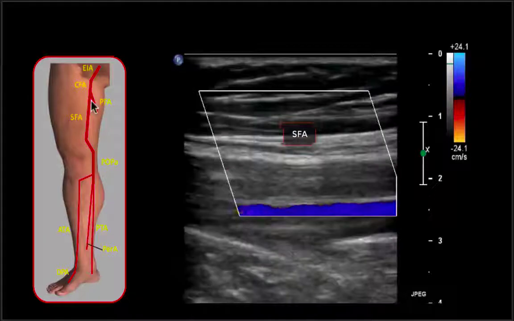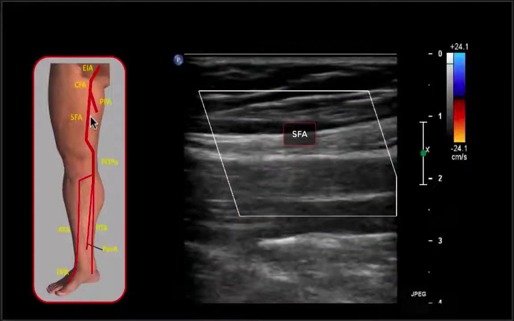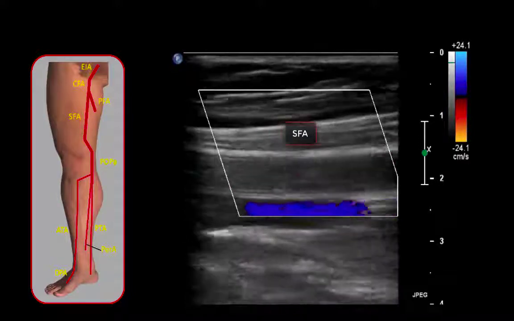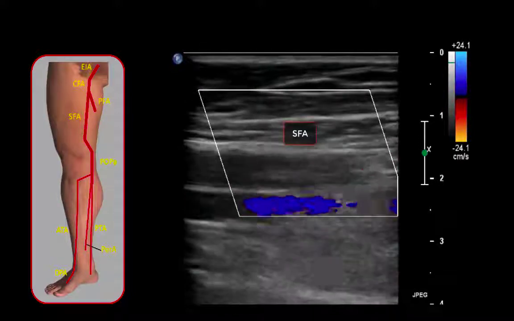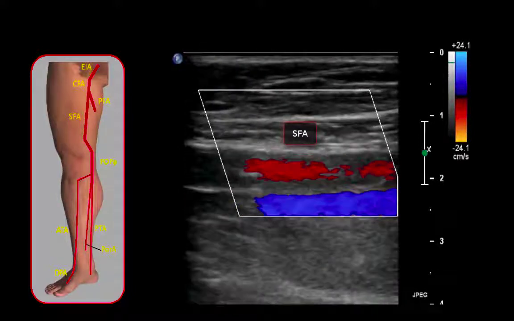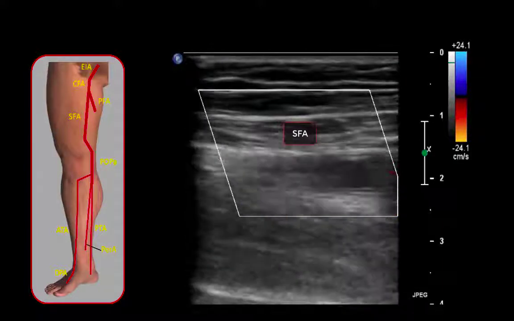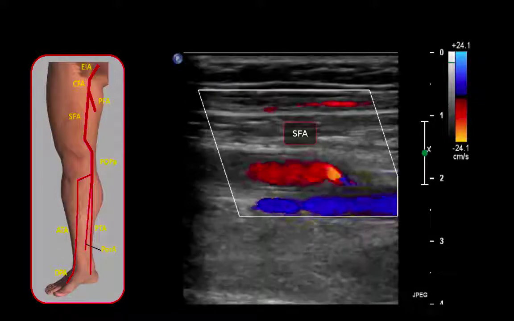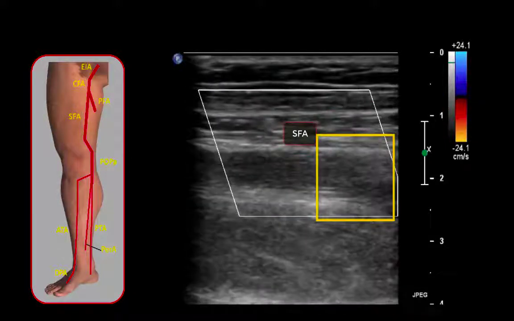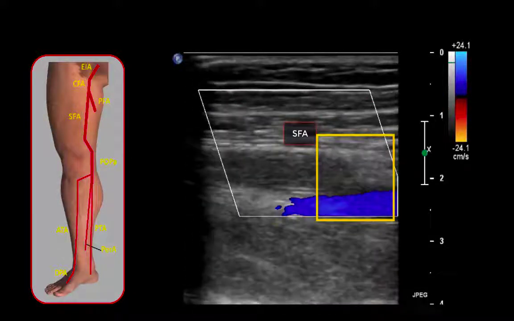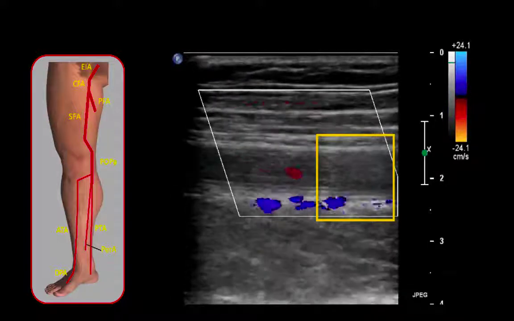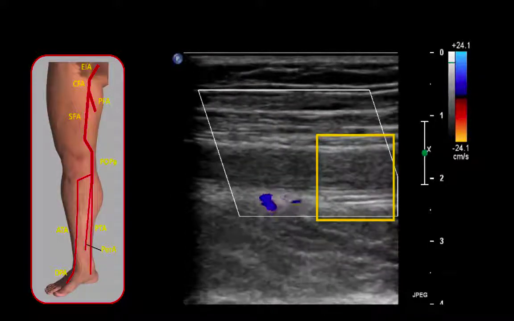We move the transducer along the superficial femoral artery. We are approaching the mid-thigh, where the superficial femoral artery appears to have a reduced color filling until the point where color is not represented within the lumen of the superficial femoral artery. We're going to assess this region more carefully, as this might be the region of occlusion of the superficial femoral